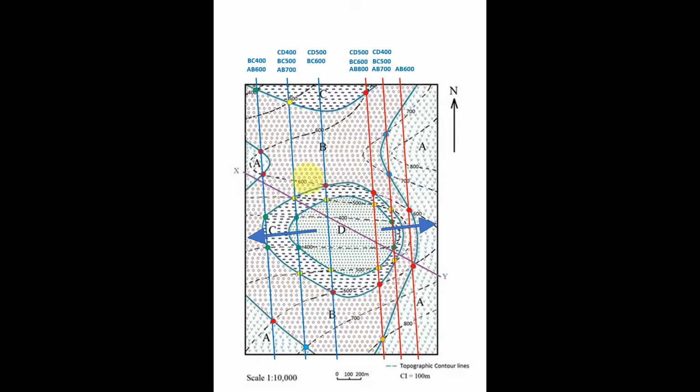The first dip would be, if I take this BC junction, we have 600 here, 500 here and 400 here. So it is decreasing along this direction. Hence the first dip is along this direction, as you can see, it is already marked. The second, again if that BC junction is taken, we have 600 here, 500 here. So again it is decreasing in this direction. Hence the second dip is along this direction. This is only the direction of the dip, and please remember that the direction of the true dip has to be perpendicular to your strike lines.